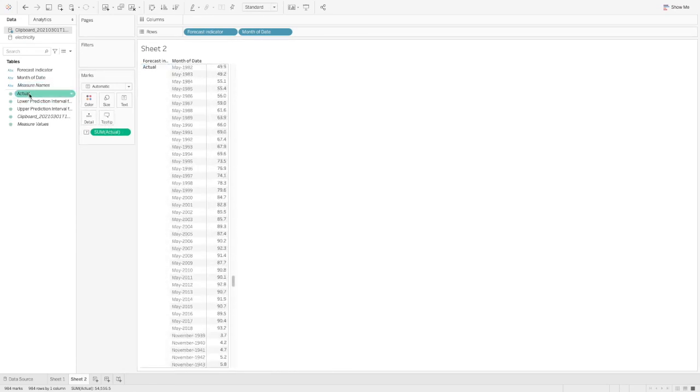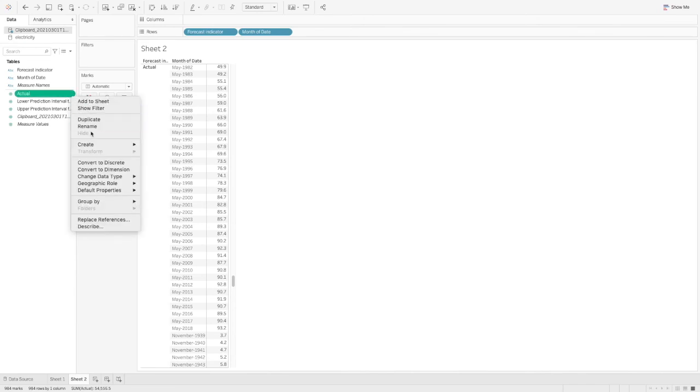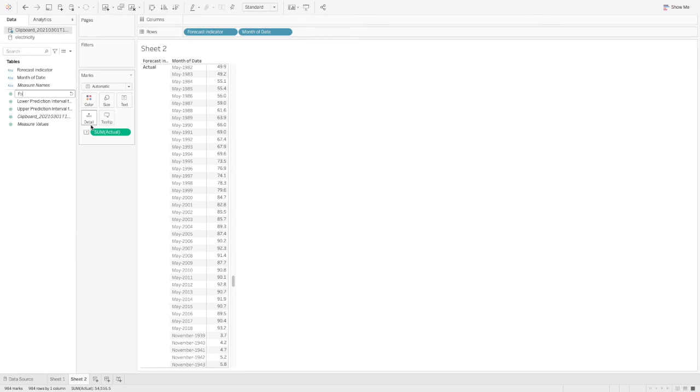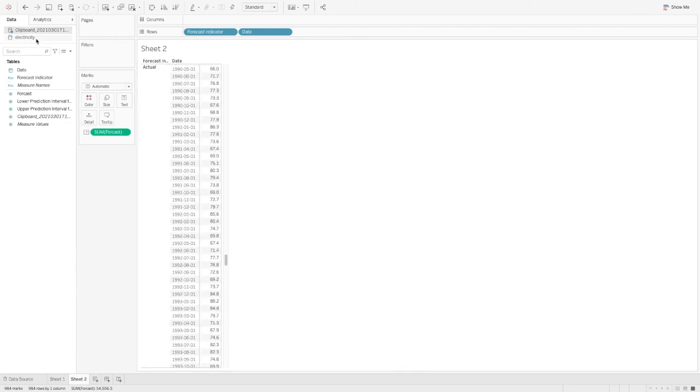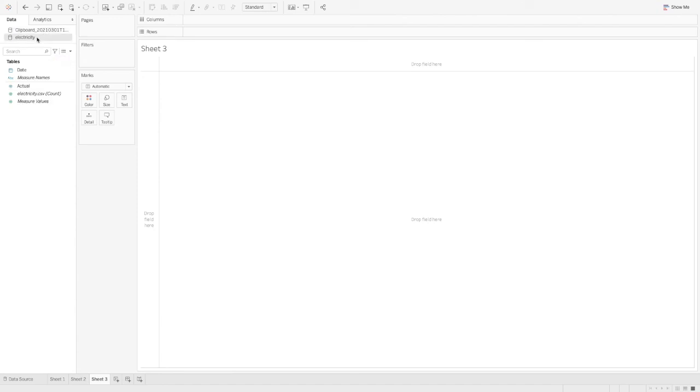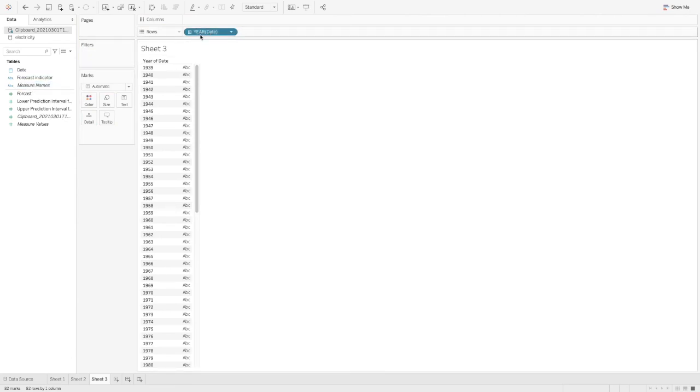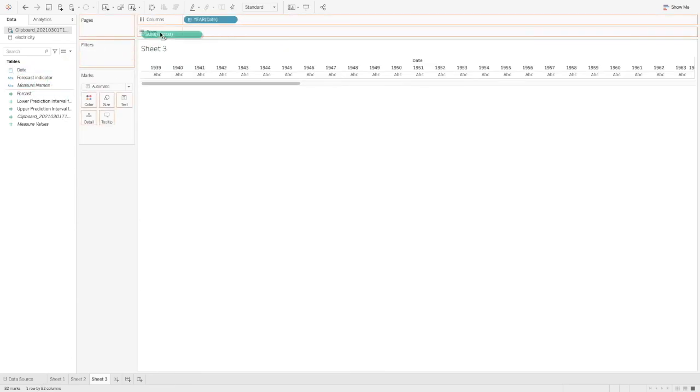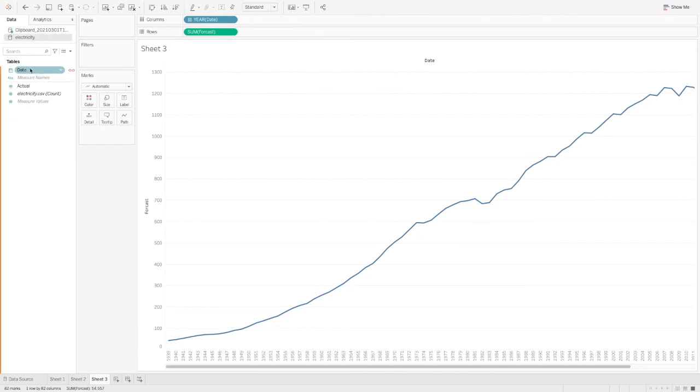So I'm going to rename it as forecast, and the time is called date, and that should be the date format. Yeah, everything looks okay. And if we open another datasheet, we can put date here. Actually, it's there. Forecast, actual,